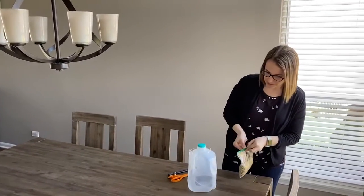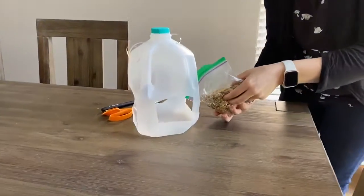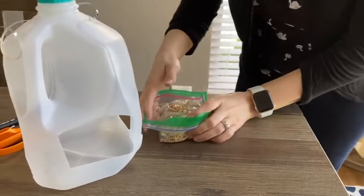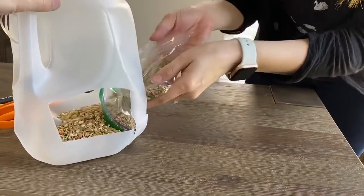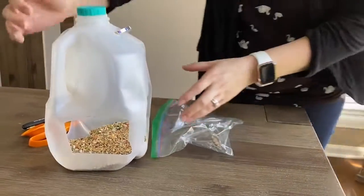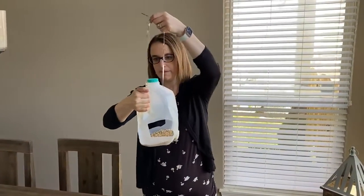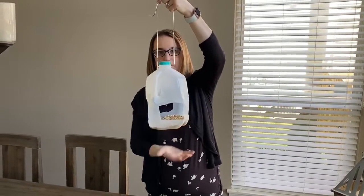So you pour the bird seed in. And the birds will come, land on a little perch here, and be able to eat right out of this